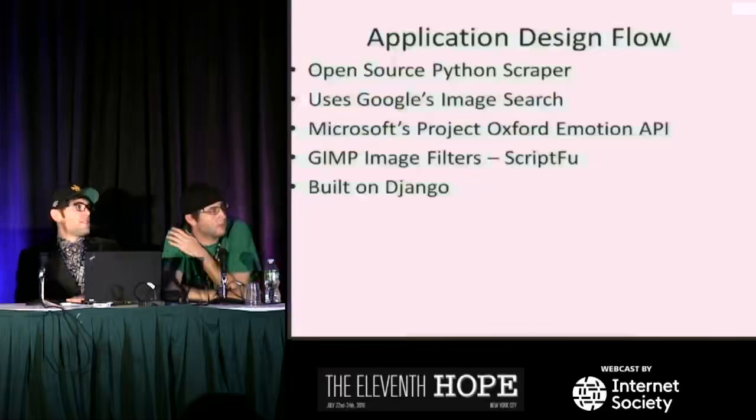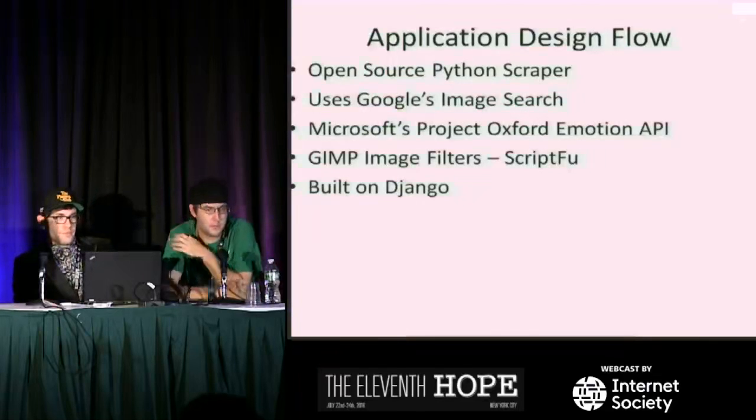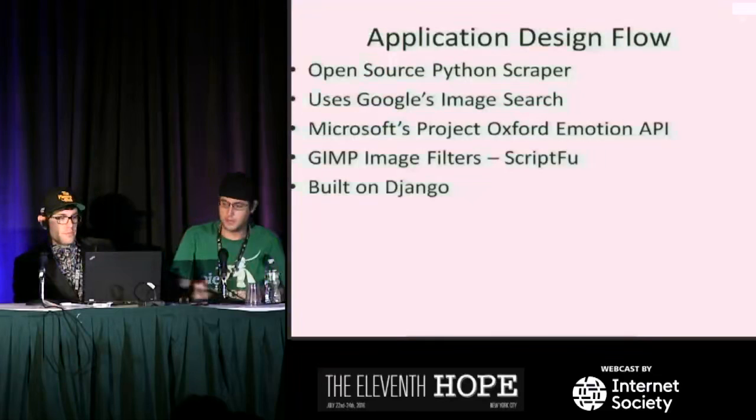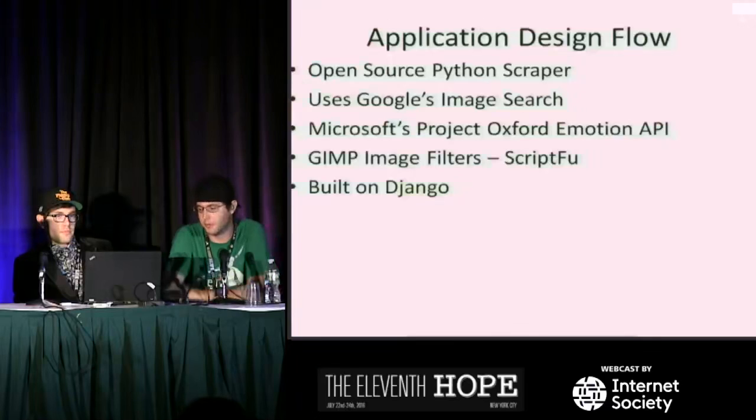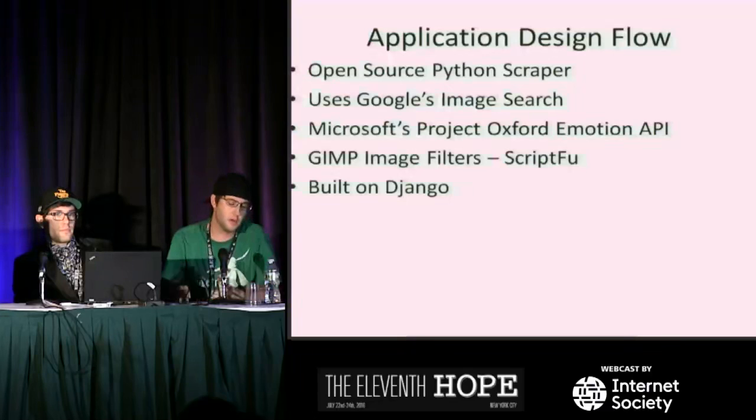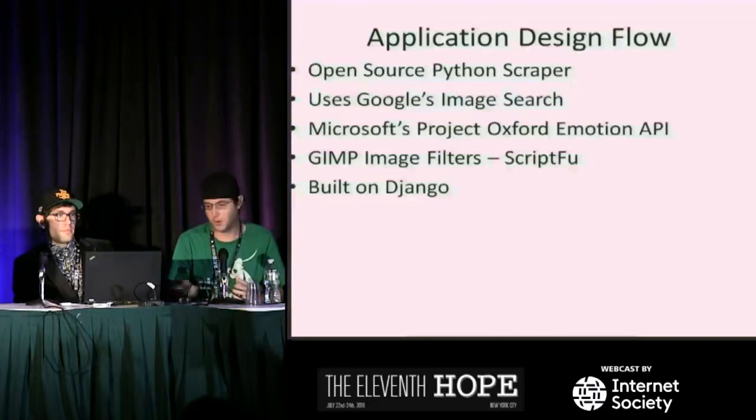All right, so now I'll talk a little bit about what we built. Basically, Dave came to me, designed the whole setup, and I built it and implemented it, threw it up on the internet so you guys could use it. So basically, we have an open source Python image scraper that uses Google image search. This is interesting. We started out with where are we going to get images from, right? That's problem one. We can sit here and hand curate them all, but that's not really scalable. We need to just pull them off in some automated process.